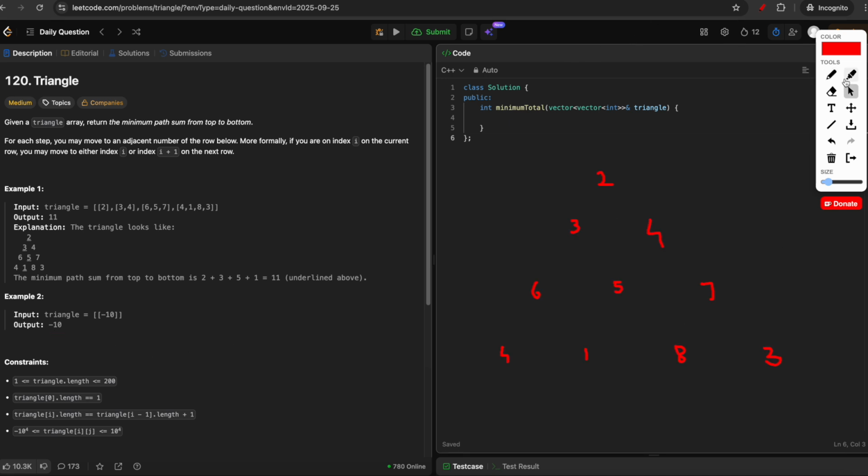Now coming to the approach. So you can start from 2 and you can take any path to reach the bottom row. If you take this path, you will end up in the first index of the bottom row. And if you take this path, you will end up here. And if you take this path, you will end up here. So we can't say for the final minimum answer which index of the last row we